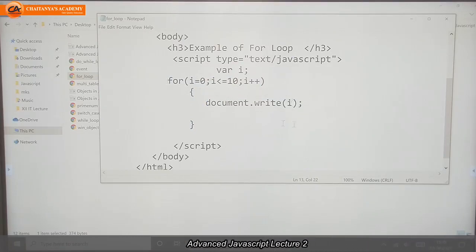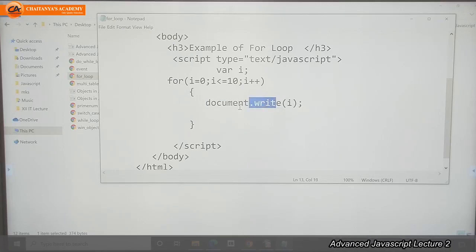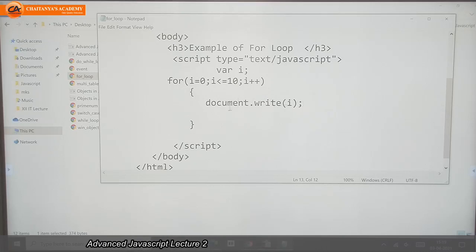It will write the value of i on the document. So dot write, and after that I use the opening and closing brackets. This is a method of the document. Document dot write: why are we using this? I just want to print the value of i on that document page. That's why I am using this method.